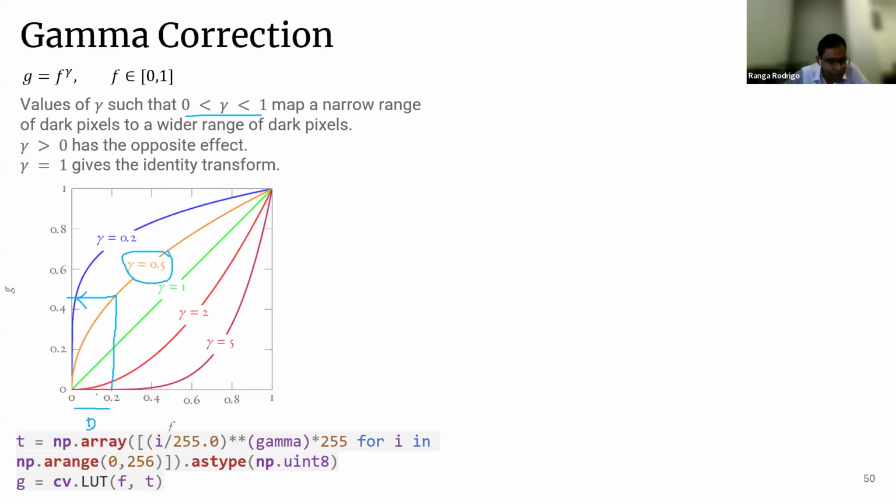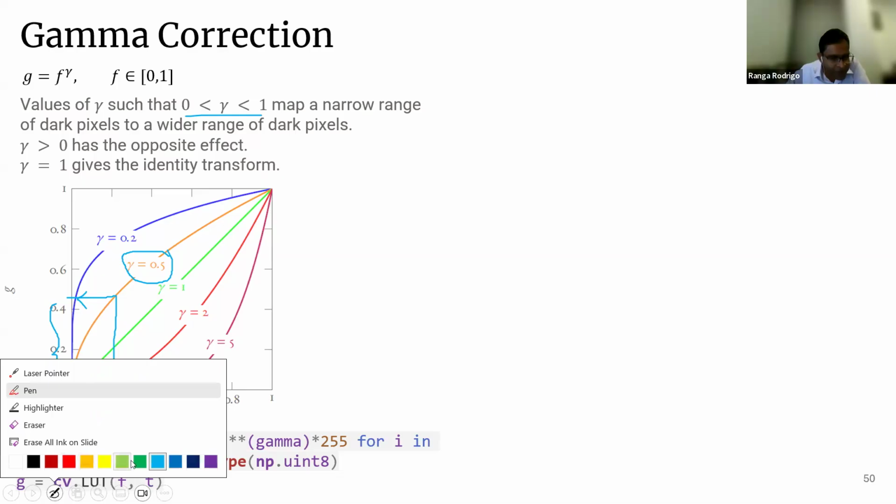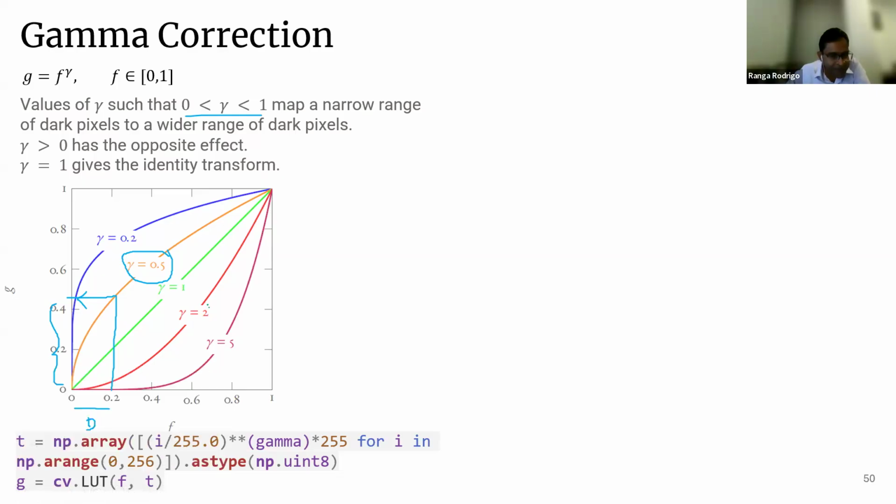So here it's 0 to 0.2. Here you can see 0 to 0.5 or something. So dark regions are enhanced in this case. So if you want to see what are the contents of the dark regions, you can use 0.2 for gamma. The opposite, if you take, for example, gamma equals 2, you can see here